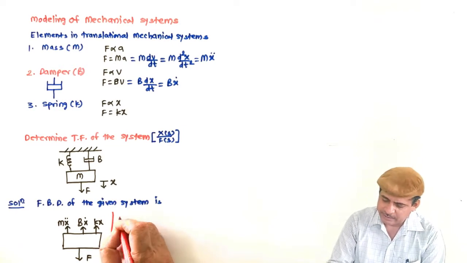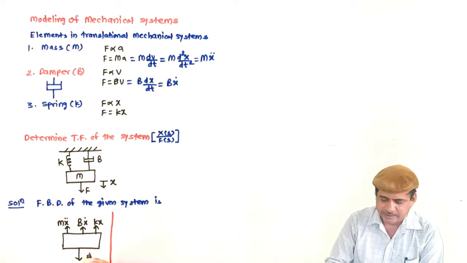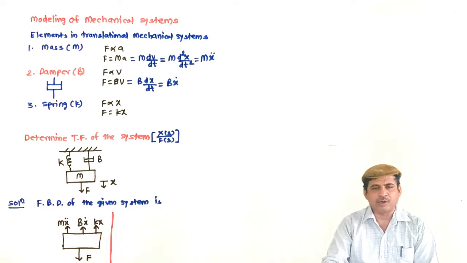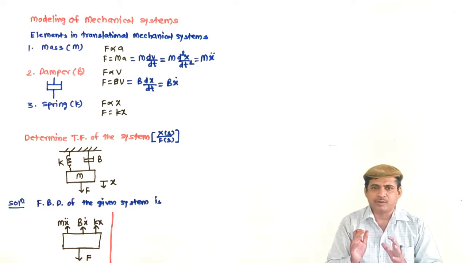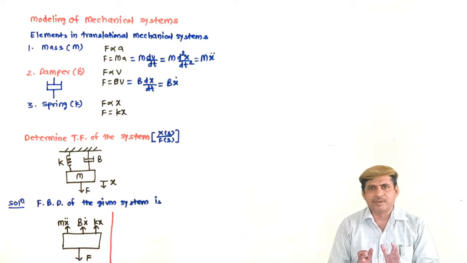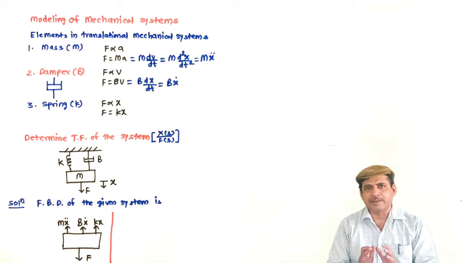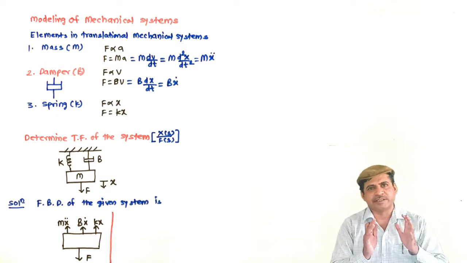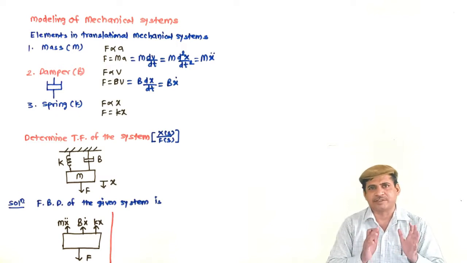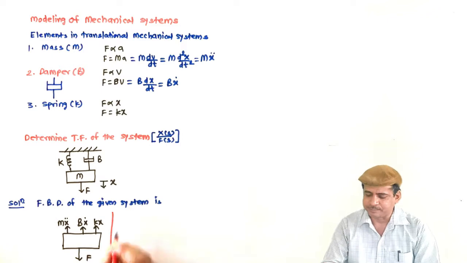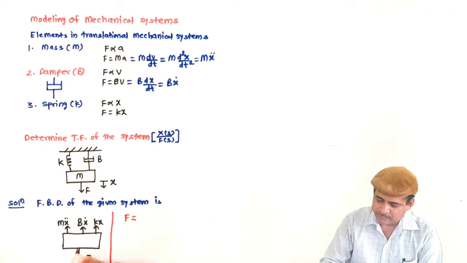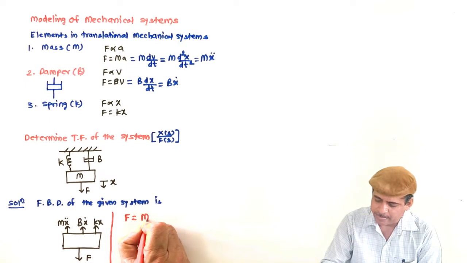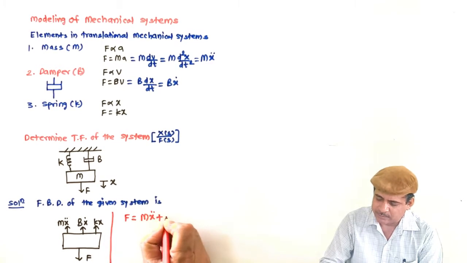So see here, this force, and no doubt this force, x, all are variables of time, but we are not using f of t, because as all are variables of time, it is well understood that f means it is f of t, x means it is x of t, x dot means it is x dot of t, all are functions of time. So we can write this as f is equal to, counterbalance will be mx double dot plus bx dot plus kx.